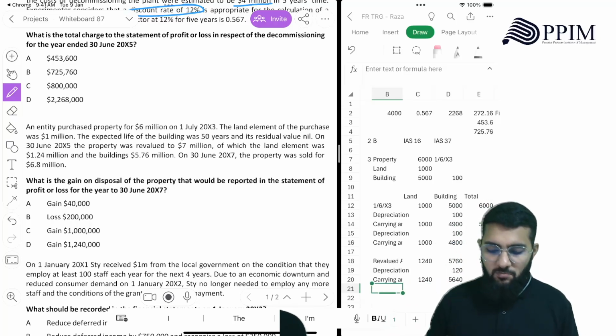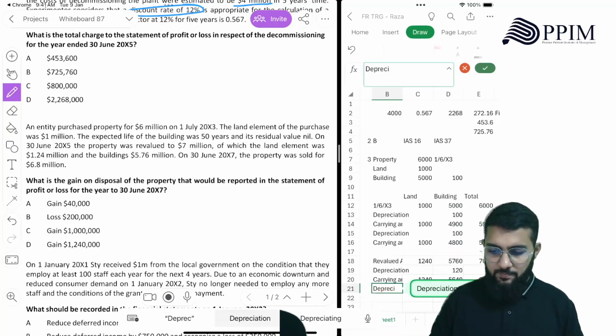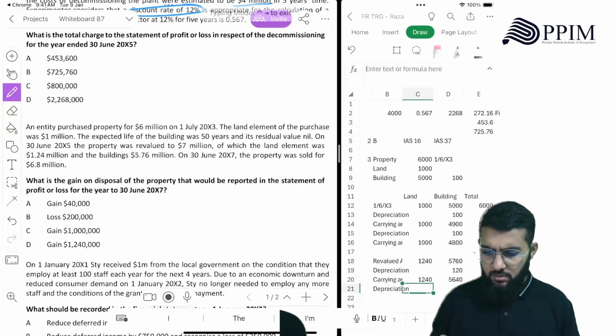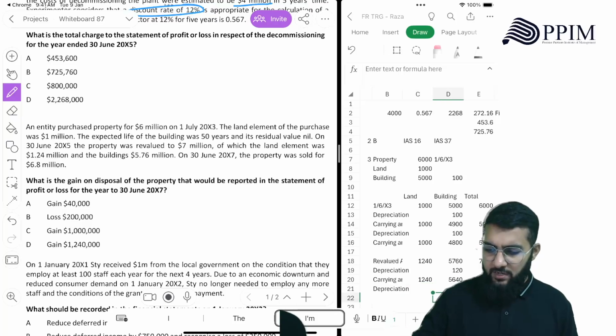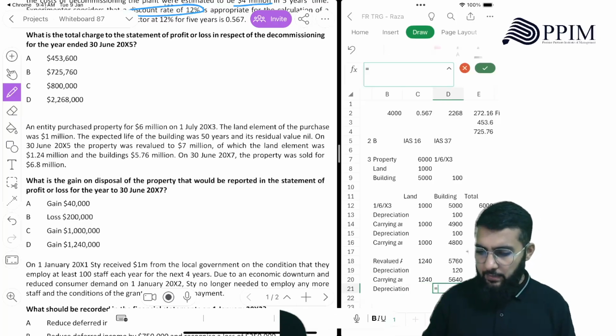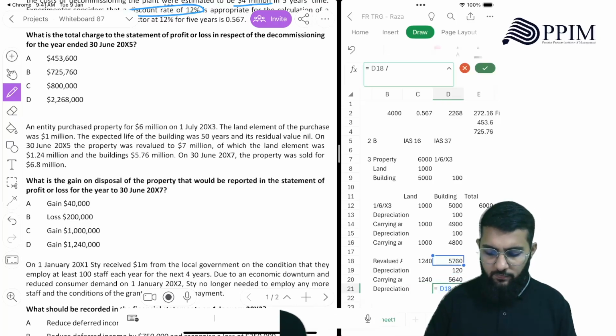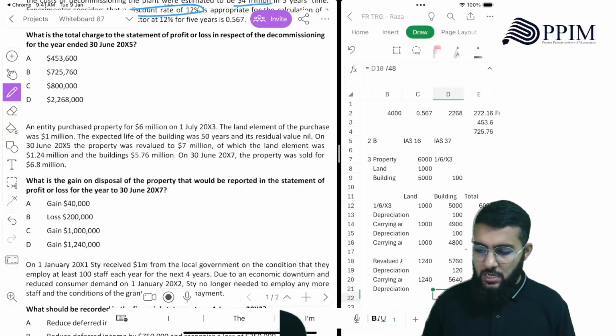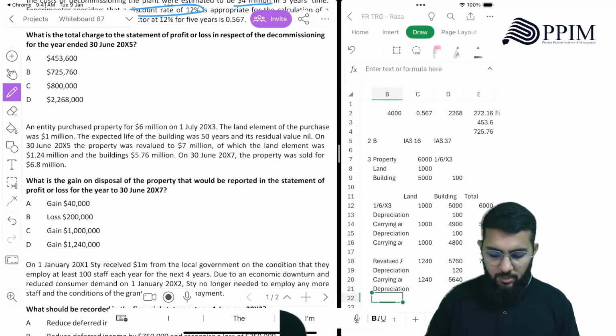Now there's going to be one more year of depreciation, right? Depreciation again is going to remain the same. Same depreciation, that's going to be 120 divided by 48. 120. Carrying amount